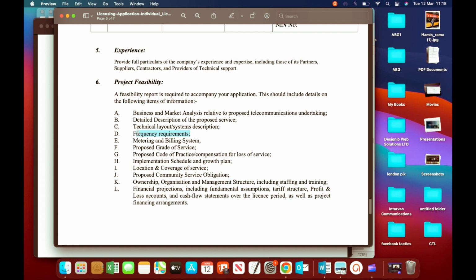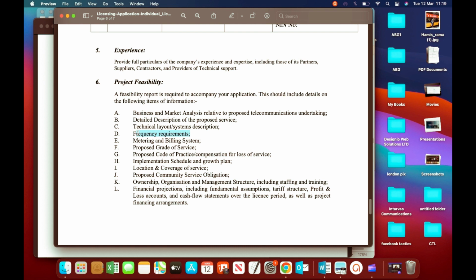Is it about acquiring the license, getting an office space? Then in the second, you want to buy equipment. In the third, you need to get cross-connected with the mobile network operators. All these things have to be very clear to NCC. And how do you intend to expand if your business starts to blossom? Probably you would like to expand your rollout from one town to another or from one region to another. This you have to state.